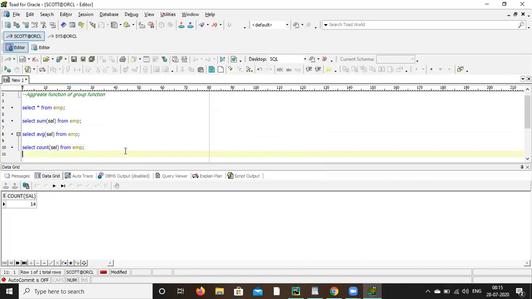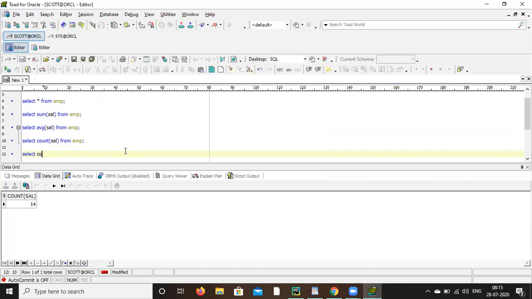Okay. If you do a count of commission, count of COMM, you'll get 4 because here only 4 records are there, other are null.